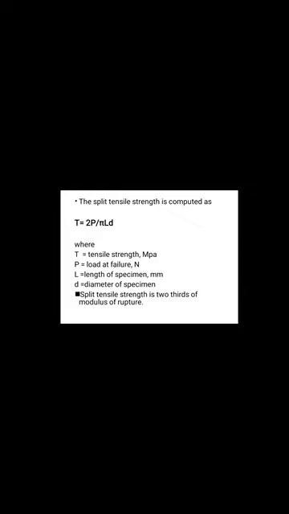That is why you are having 2P there by pi DL. The circumferential area will be participating in resisting the load. That is why, if you see, pi D is the circumference and L is the length. Circumferential length into the dimensional length multiplied, you will get area. So the formula is nothing but load by area, where you are having 2P.